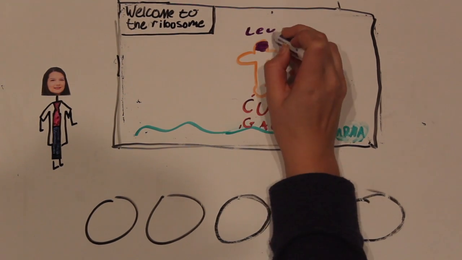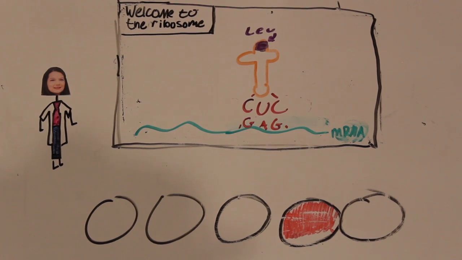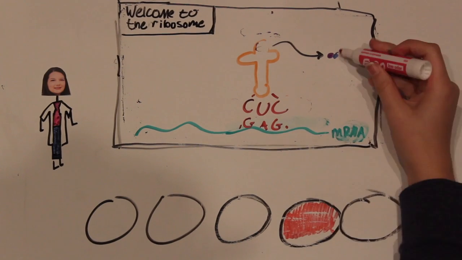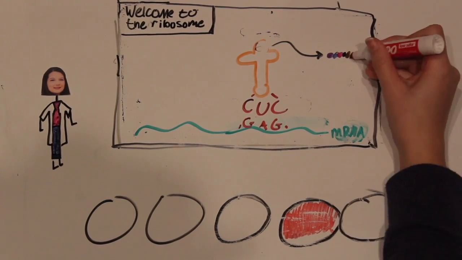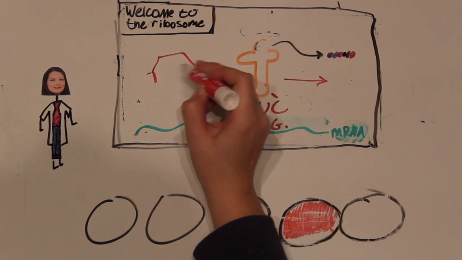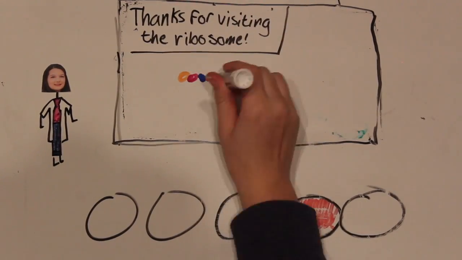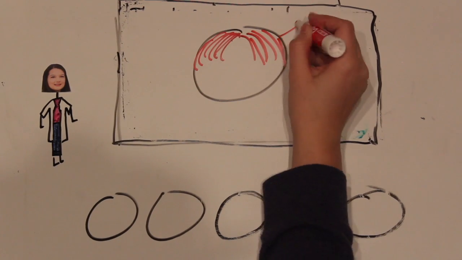The tRNA then has a specific amino acid on the other end. Once the tRNA pair up with the codon, the amino acid is added to a chain of amino acids until the mRNA has a stop codon. These amino acids leave the ribosome as a newly formed protein, off to make up part of your hair, or